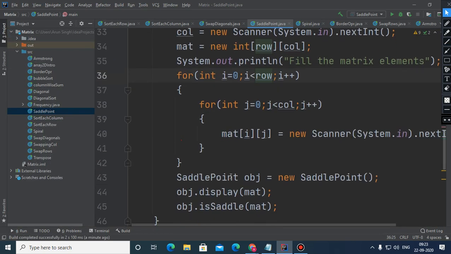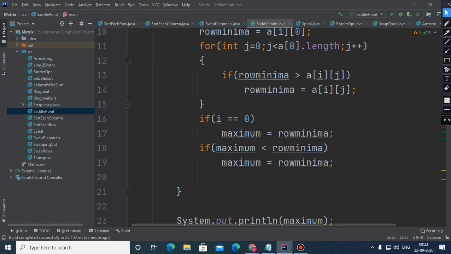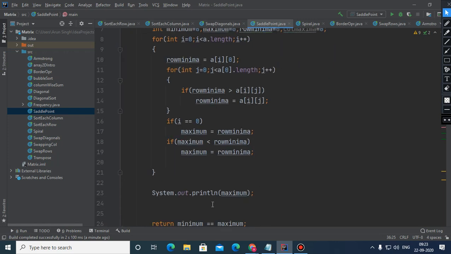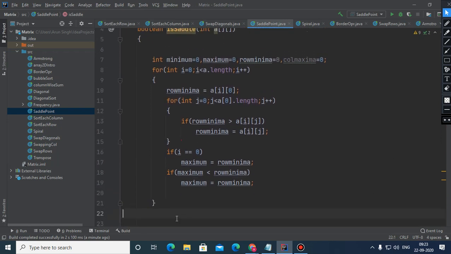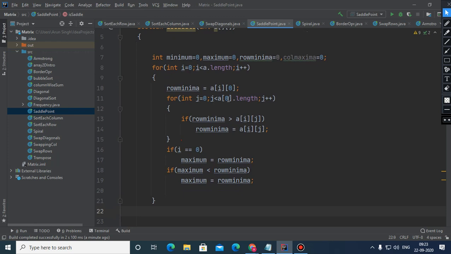So now, children, here we are getting the maximum from the row minima. Now what we need to do is calculate the minimum from column maxima. Here we traversed row wise, but now we need to traverse column wise.